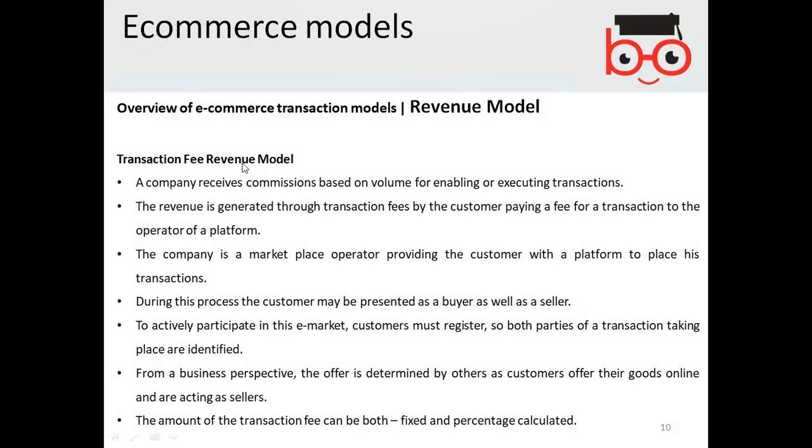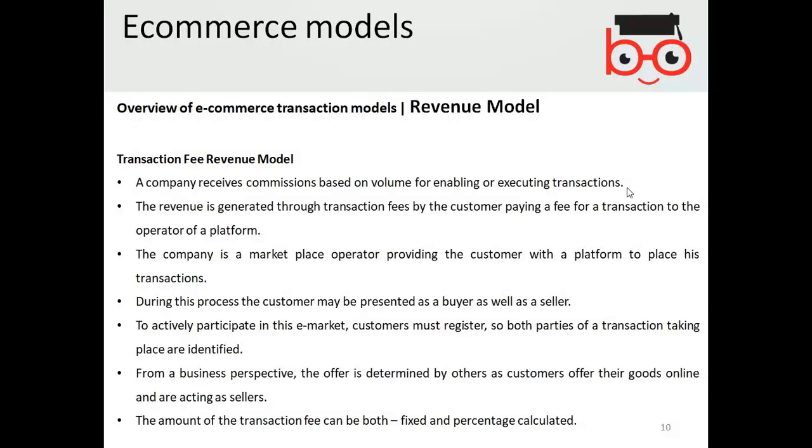Transaction fee revenue model. A company receives commissions based on the volume of transactions it enables or executes. For example, PayPal is a kind of payment processor, and you can interchange any kind of amount or credit, which can have a worth, by selling and buying particular goods, for example, interchanging money, international money, different types of currencies.